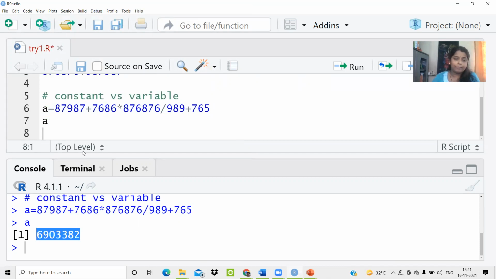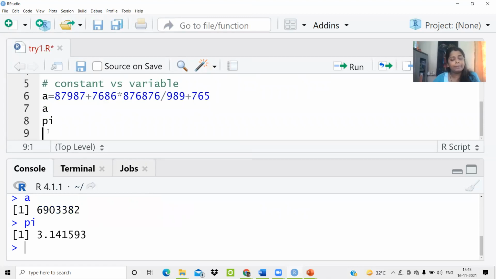So now, as we have written the name of the topic, it's constant versus variable. What is the difference between constant and variable? As per the normal English meaning, constant is something which is consistent, and variable is something which is capable of varying. For example, if I write pi over here and type this, you'll find that it automatically prints the value as 3.141593. We have not fed this value or saved this value. It is automatically processed by R that the value of pi is 3.14 because someone has already fixed this value as a constant in R. That's why it's called a constant type of value.